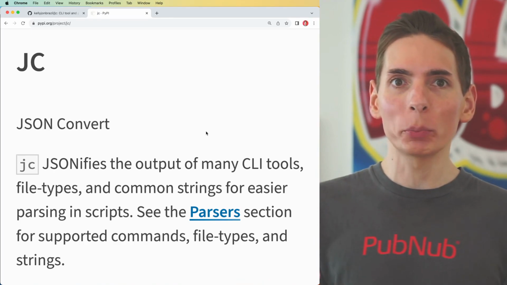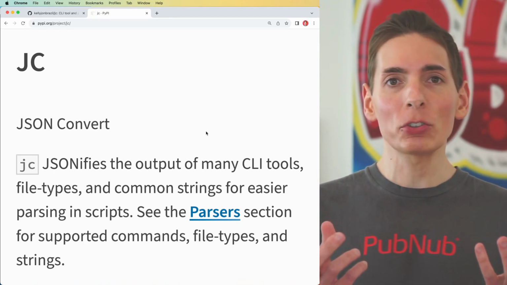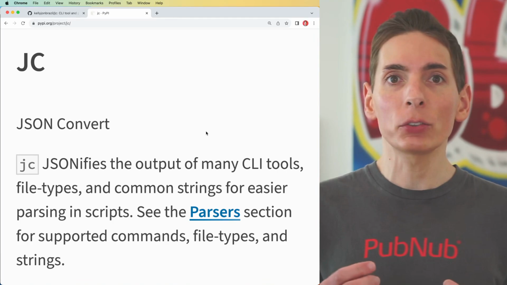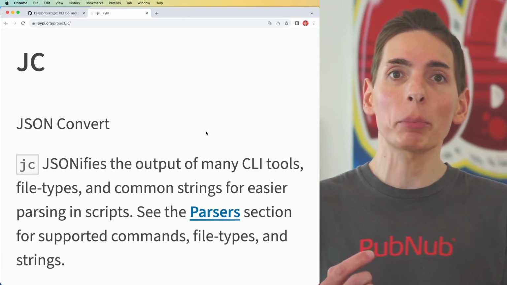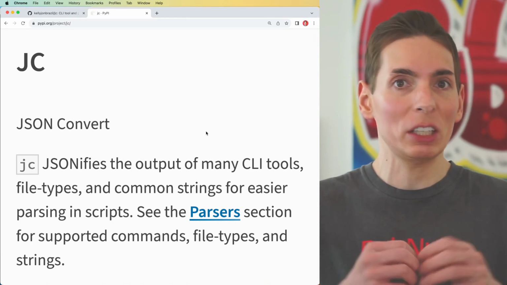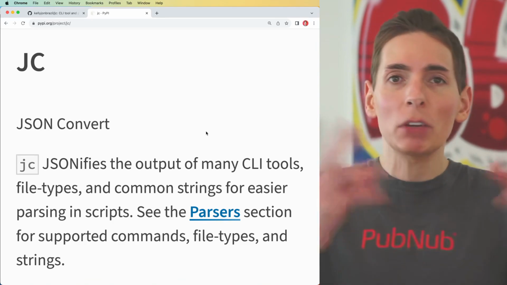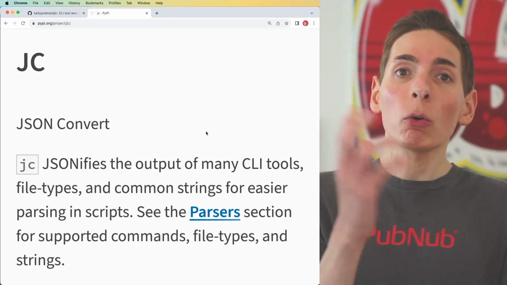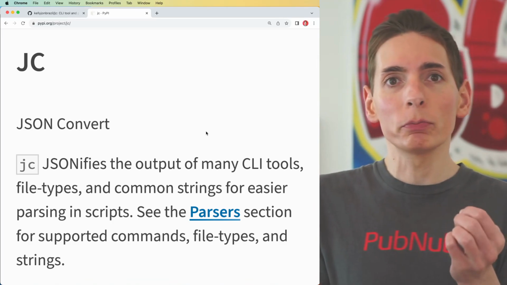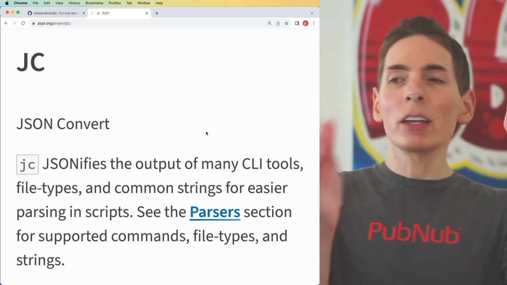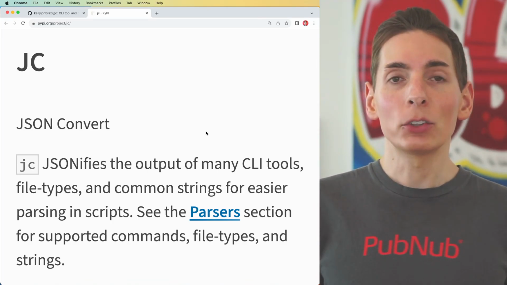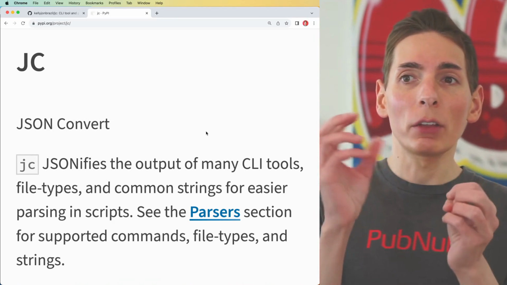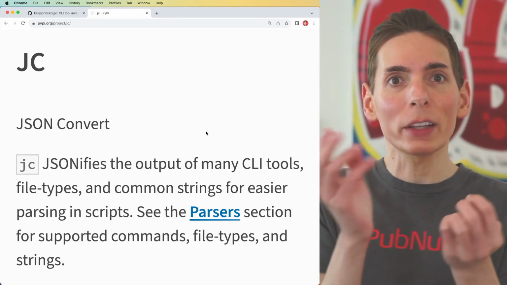a lot more parsable. That's pretty powerful because one of the challenges when dealing with various command line tools on various operating systems is that their output format is not uniform. It's different across all of them. Whether you're using networking tools or file tools and folders, the format is going to be wildly different between all of them. And so being able to use a tool that converts all that data into JSON,